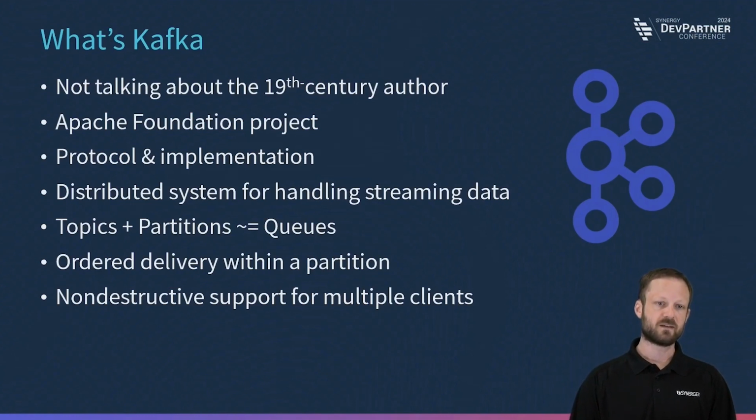Kafka is a distributed system for handling streaming data. So events flow into the system, they get routed out to wherever they're going to go, and you can check back in on those streaming events, but fundamentally it's data comes in, data gets routed, everyone gets what they're supposed to get, and it's durable.